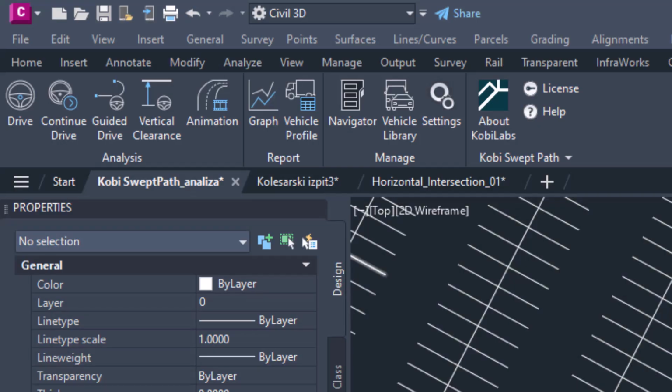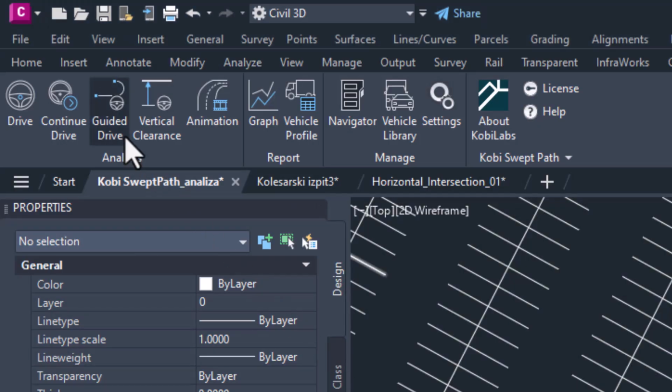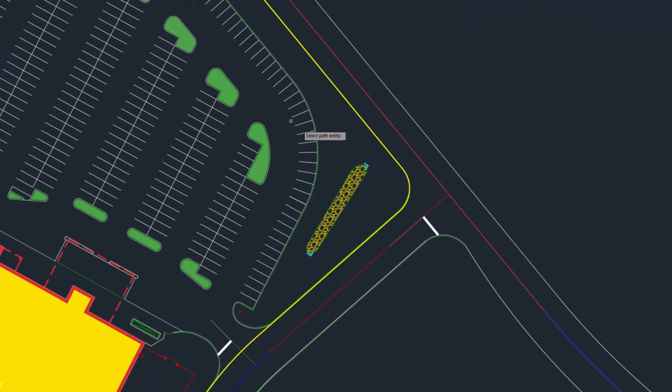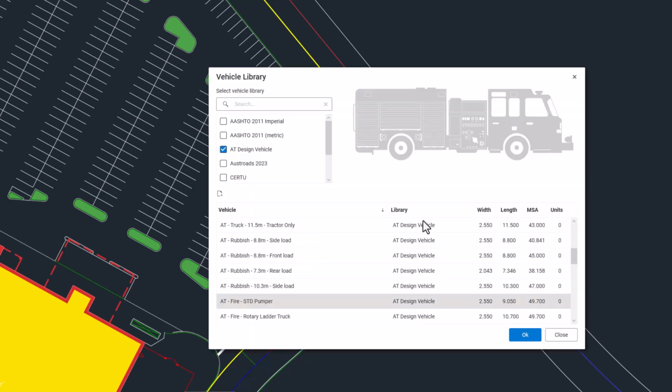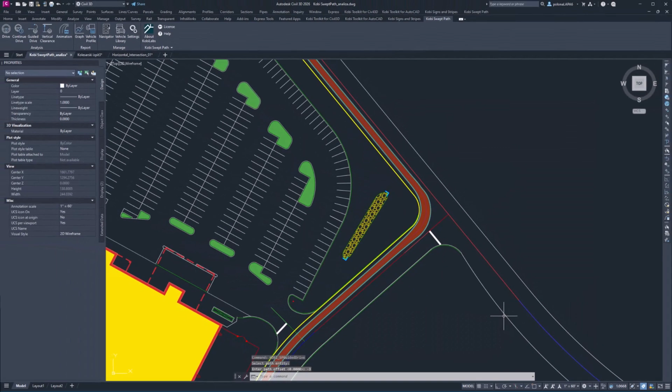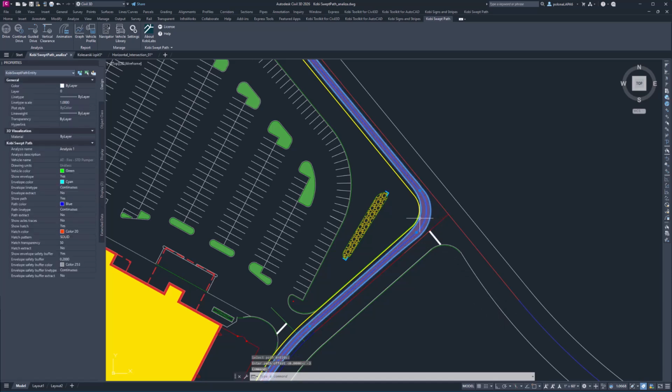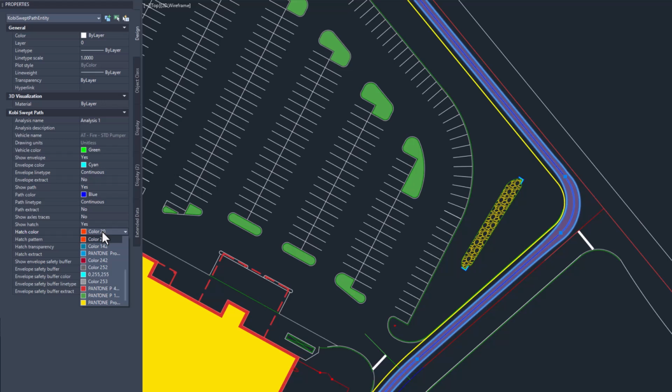With the guided drive command, you can generate a vehicle path along an existing line, polyline, arc, or even at a defined offset. This lets the swept path run parallel to elements like pavement edges, curbs, and more. By applying an offset, you can ensure the vehicle path follows the exact roadway geometry, providing precise and reliable analysis